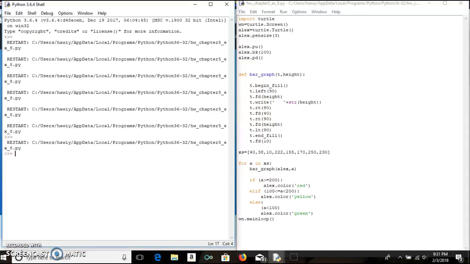This is YouTube homework, chapter 5, exercise 8. And the question was to draw a bar graph with different kinds of colors, and one of them was when every time it's greater than 200,